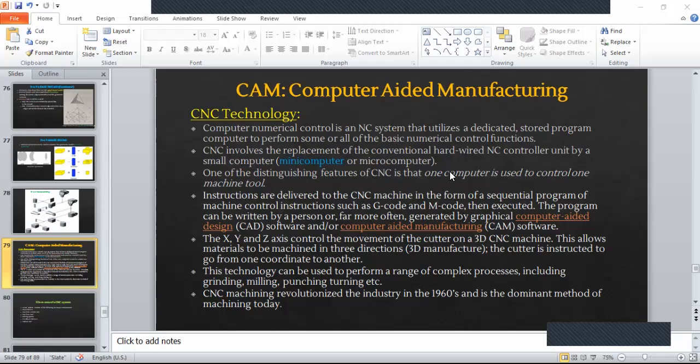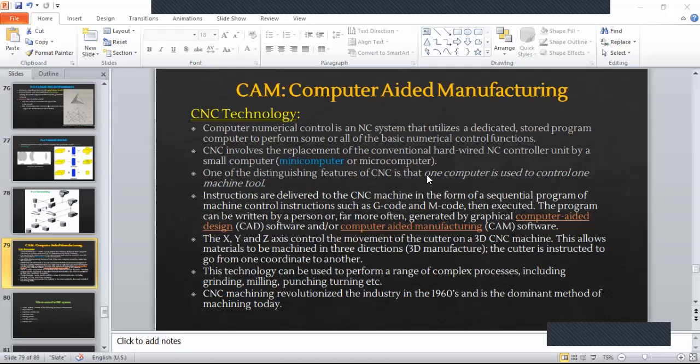All of that will be specified with the help of G codes. You have G00, G01, G02, right? And then you have M codes, miscellaneous codes. G codes are called preparatory codes. M codes are called miscellaneous codes. So all of those serve as the control instructions, basically.